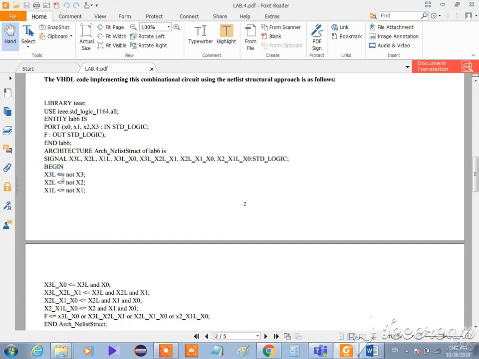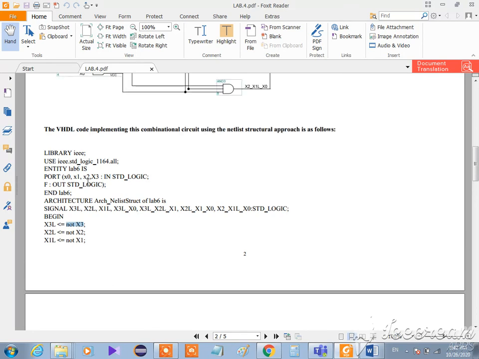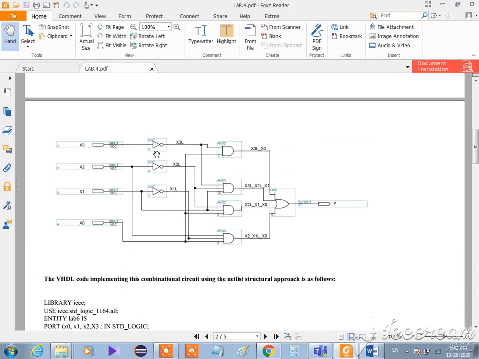This symbol is for the assignment. It means that everything in this area will be assigned to x3l. So here, for example, we have a not. It means that we are going to work with the not gate, and the output of this one will be in x3l. Let me check the circuit. Yes, this is the not gate, the not of the